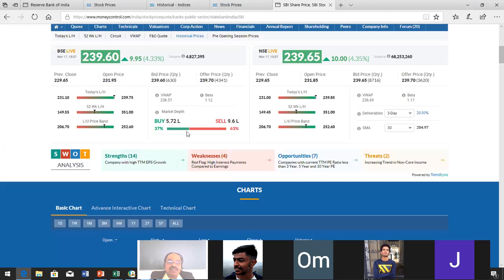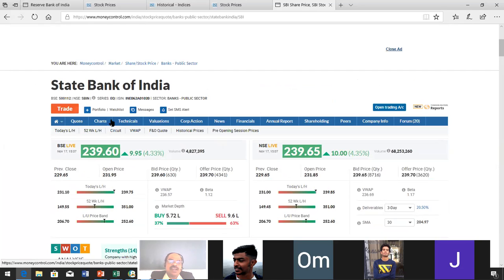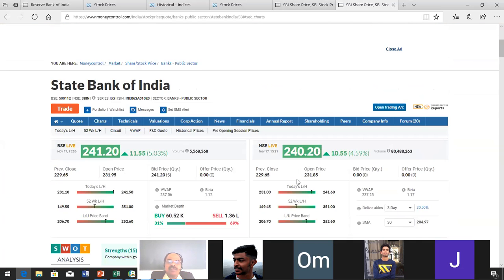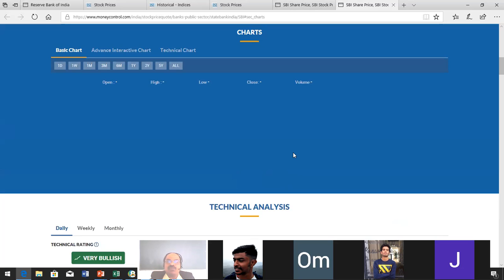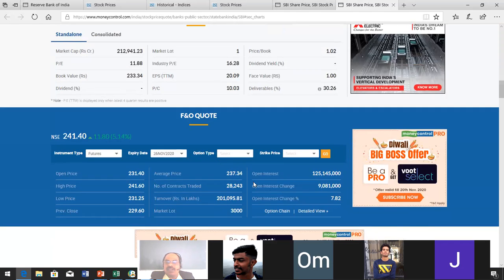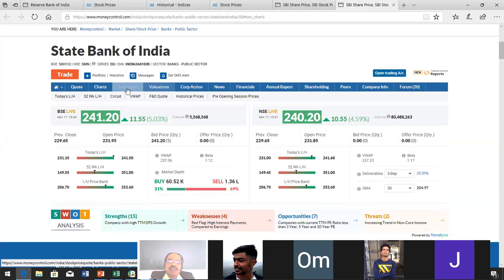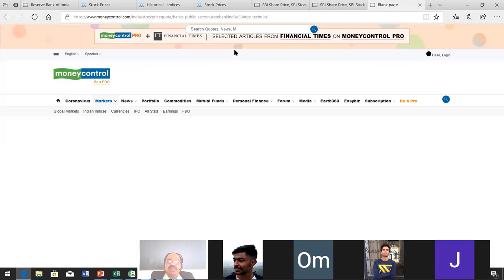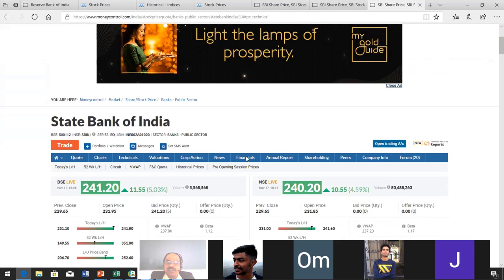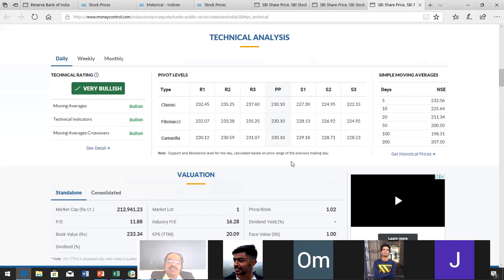So the State Bank of India share price is coming here. Charts, if you click the chart, it will display the charts, everything. So you need not worry. You have to select which type of chart, everything. It will calculate. You need not worry about that one. All the technicals, it will be known for you. State Bank of India. Deepak wishes to know the financials of State Bank of India. So he is calculating the.